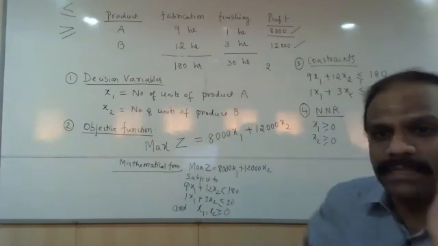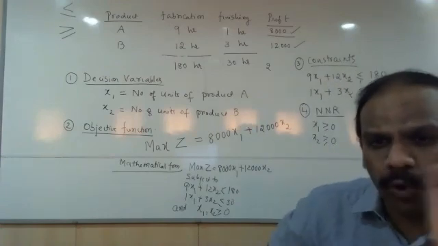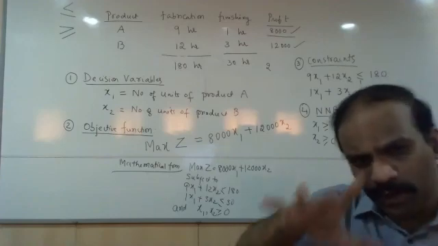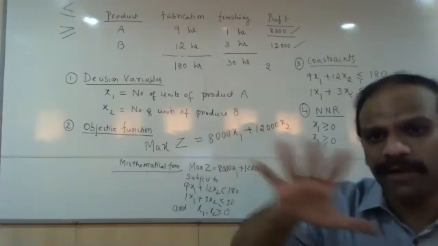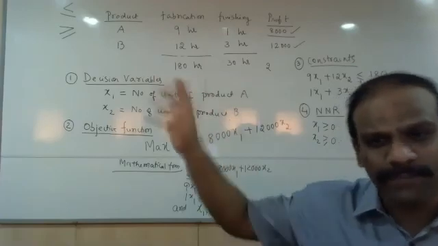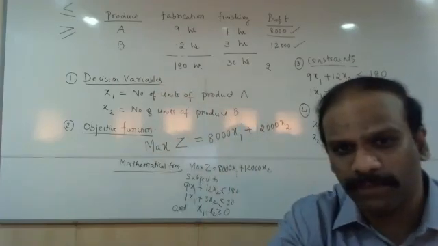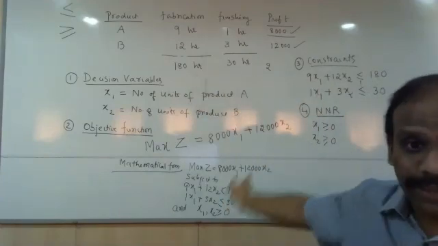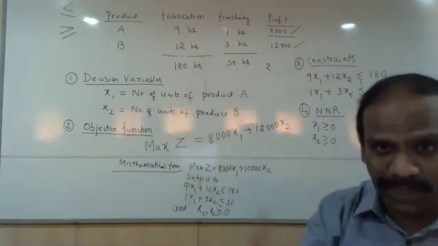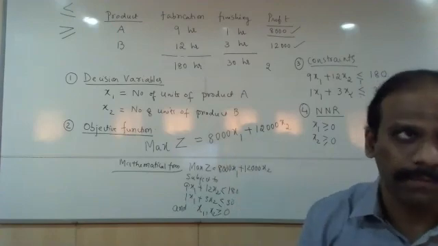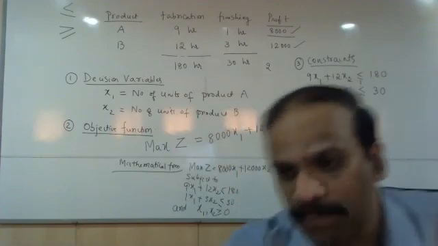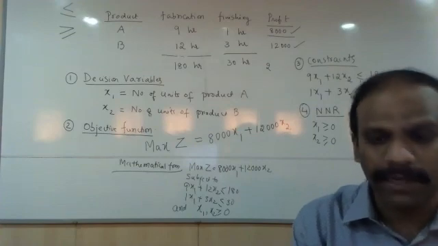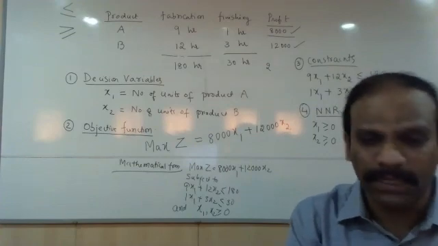So this completes the first problem. I've just given an overview of it. In the next class we will take other problems. I've gone very slowly in detail because once you have understood the basic logic here, the next problems we can solve within 2 minutes. First you must understand what exactly these concepts are all about. If you have understood that, then the remaining things become very simple. Okay, I think we can stop the class at this stage. It's almost 12 o'clock now, and we will continue the other problems in the next class.